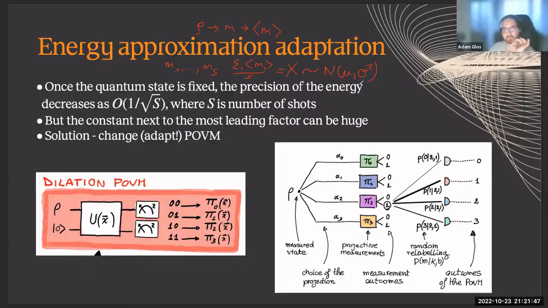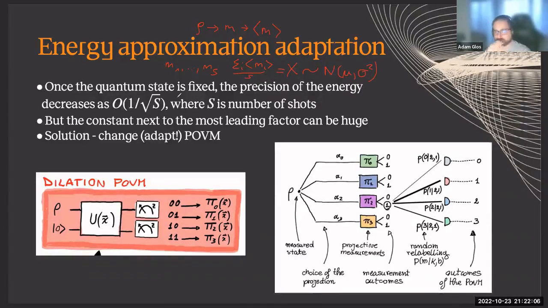In particular, this means that the precision of the energy you estimate will decrease with something which is proportional to 1 over square root of S, which is quite nice. We have relatively good